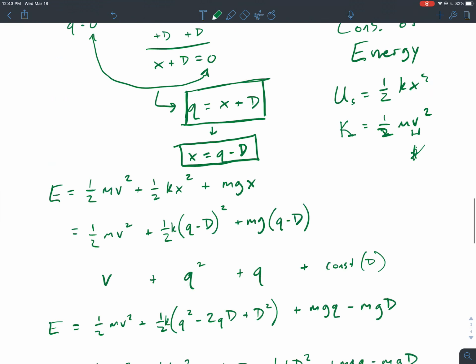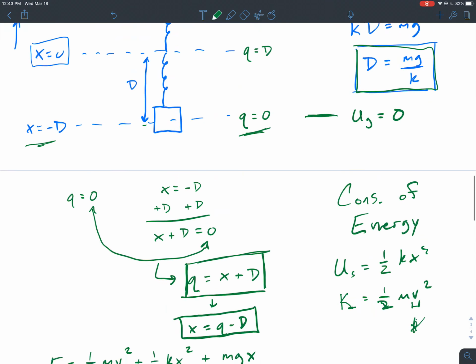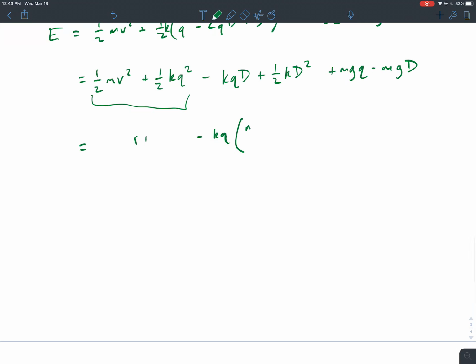Well, we've got a bunch of mg's and k's over here. So I'll say equals, this is the same, minus kq times mg over k, plus k over 2 times m squared g squared over k squared, plus this stuff